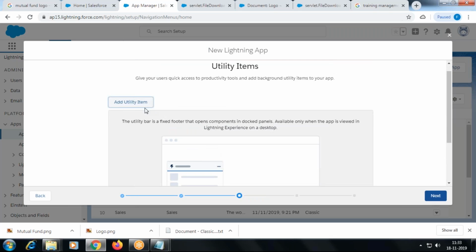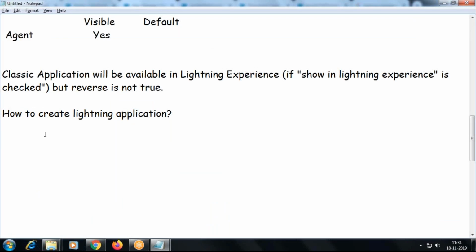There is a utility item which is not available in your classic. Okay. So what is utility item? I just give a brief introduction.